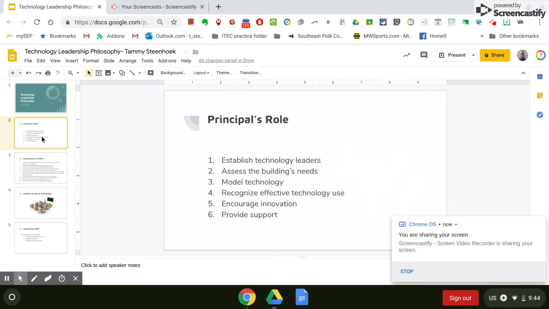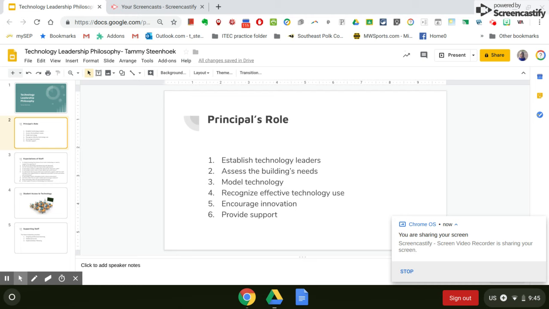First, I would like to highlight the principal's role in being a leader of technology. I believe that the first step should be to establish a leadership team in the building. This would mean that I would identify teachers and other staff members who have embraced technology and are excited by its potential. I would utilize these leaders and their expertise, but I would always keep in mind that other staff members are growing too, and I want to make sure that I celebrate everybody's growth and ask everybody to share and to contribute.